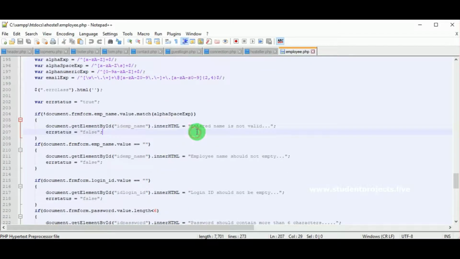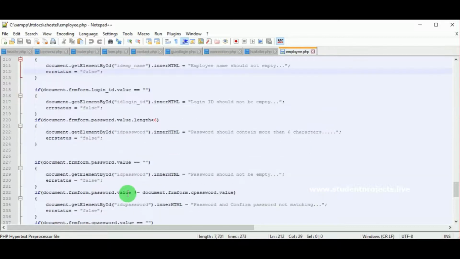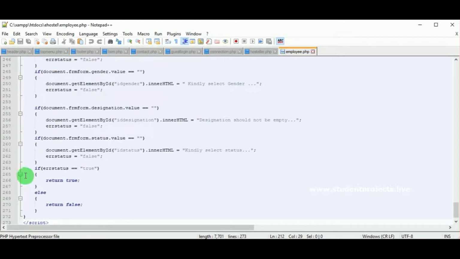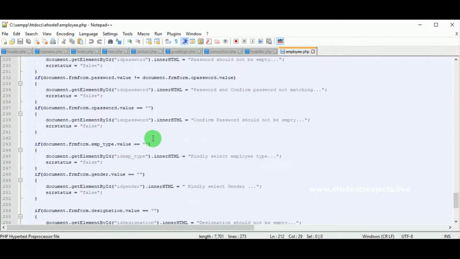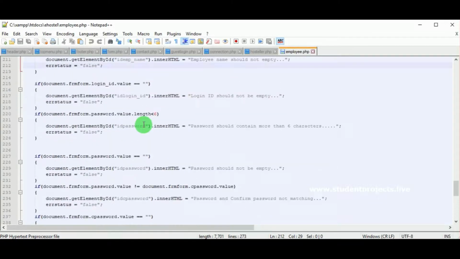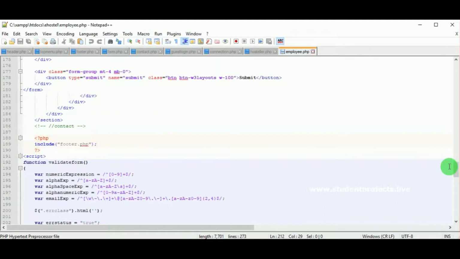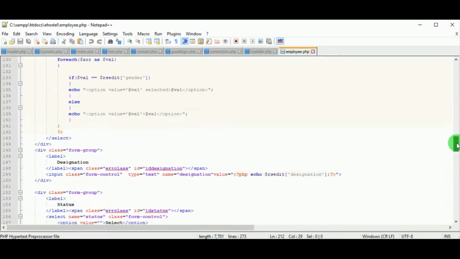You have to type something in the form, only then can you enter that data to the database. That something cannot be invalid data, it should be valid data. For that purpose the validate form function is used.